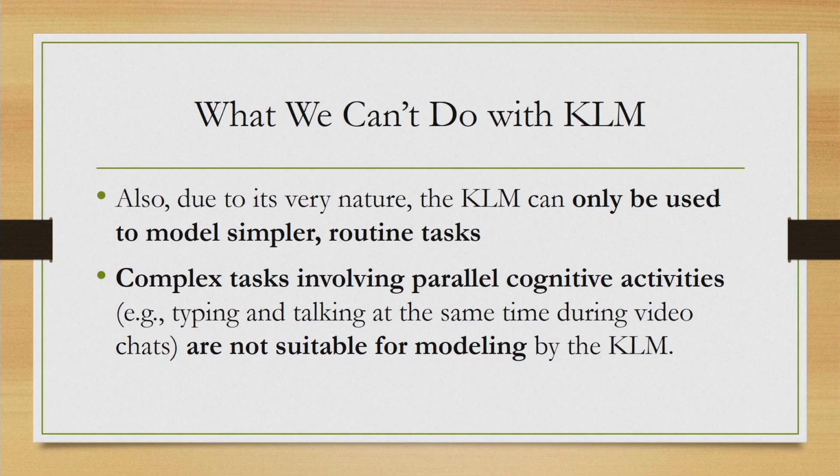So, to recap, we have learned about one of the models in the GOMS family, that is KLM or keystroke level model. This is amongst the earliest predictive engineering models that are used for user centric system design. It was first proposed in 1980. So, it consists of 7 operators that are arranged in sequence to build a model. Among these 7, 5 are relevant today, 2 are no longer relevant.